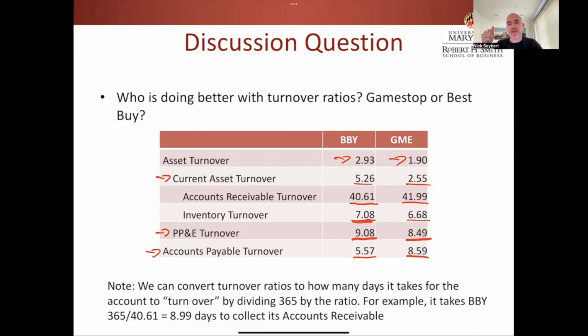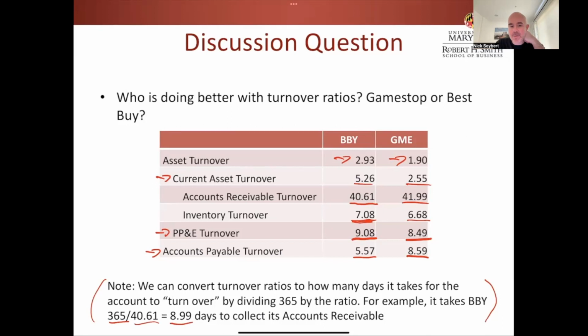So how many times per year receivables are collected, how many times per year inventory is sold, how many times per year accounts payable is paid. And because we know there are 365 days in a year, we can convert these turnover ratios into how many days it takes that thing to happen, right? So, for example, it takes Best Buy 365 divided by 40.61, or in other words, 8.99 days to collect its